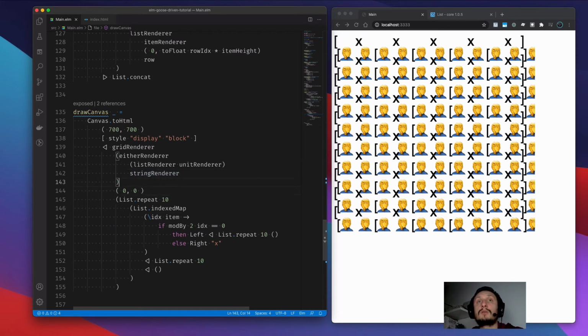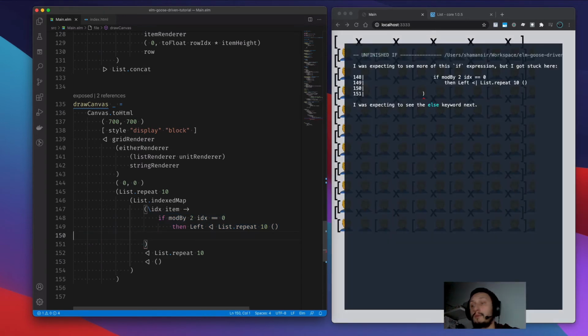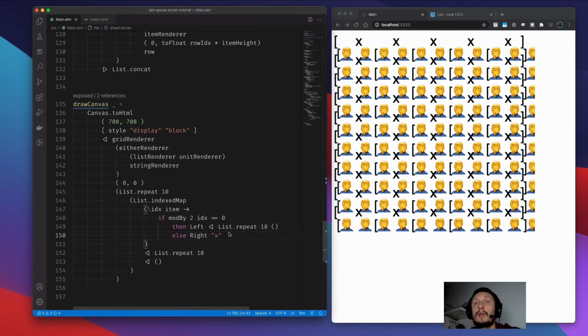So those are still arguments of the grid renderer function. This is the first one, this is the second one, and this is the last one. Those things are just blocks inside and inside. This is also a block, and every block should return something. So you couldn't do something like that because there is no value for the else case. And this way we control that our application has no